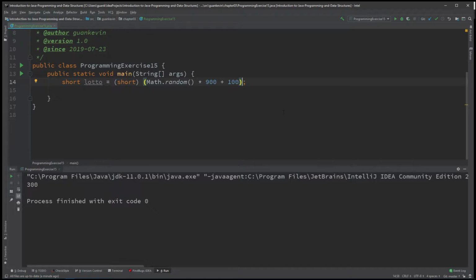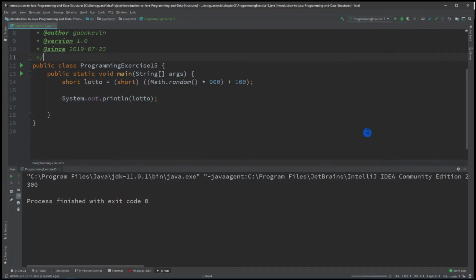All right, so what's going on is it's going to perform the multiplication first, then it's going to add 100. But in case you're worried that it won't perform the multiplication first, put the parentheses here, and that will let Java know to perform this inner parentheses equation or math, and then perform the outer. All right, now here we go. Now when we display a lotto, now that we have generated a lottery number, we will always get any number